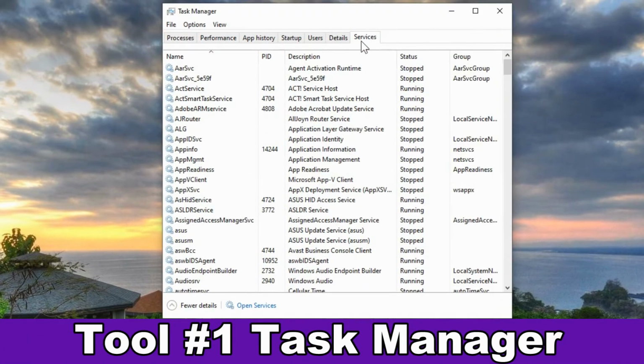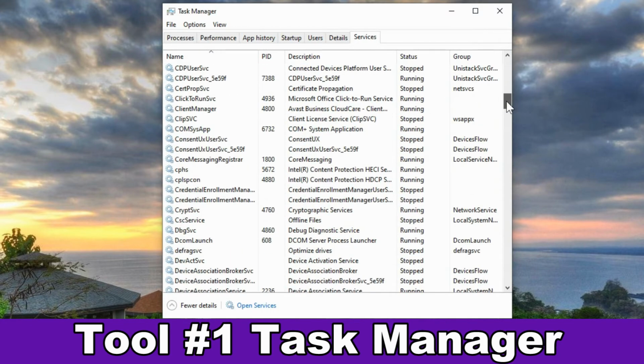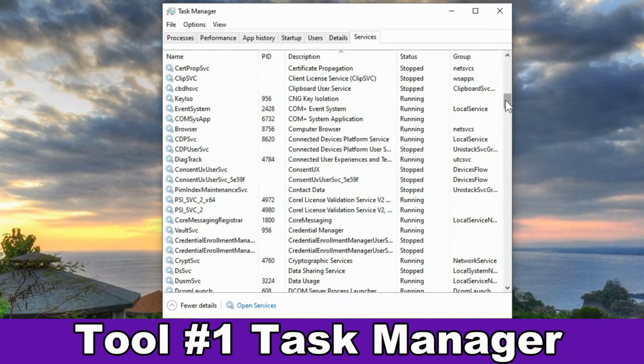Unfortunately, with that option, going to services, it doesn't jump you to that exact service. So you would have to sort it by the name or the description and scroll down until you can find it, and the name isn't always what you might expect. So if we go by the description, maybe you'll be able to find the name of the software program or manufacturer, and then see what the name of the process is, which is named something completely different.